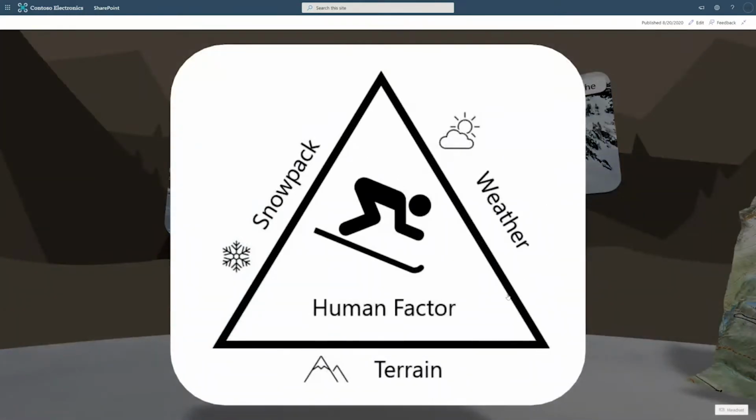When it comes to whether there is the likelihood of an avalanche at any given time, we start to think about the avalanche triangle, which defines 3 components of avalanches that are extremely likely to define whether an avalanche will exist at a specific spot. The snowpack defines the layering of snow that happens to be in the mountains at any given time. So over time, you have different storms that come through and drop different layers of snow. When you end up with a strong layer over a weaker layer, that stronger layer can kind of break free on top of the weaker layer and produce that slab avalanche where lots of snow moves down the mountain all